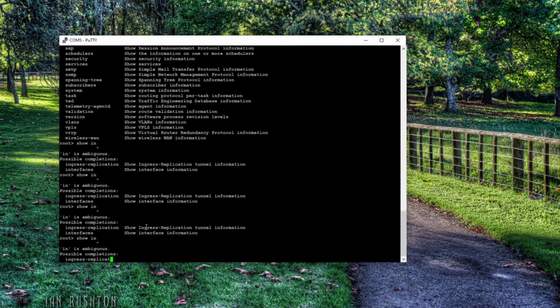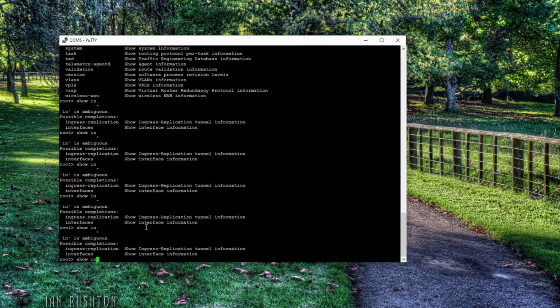So if you hit the space bar, it can't autocomplete it until you give it an unambiguous option. So if I hit the letter G and I hit the space bar, well, it can autocomplete it now because the only other option is INT, and that's not an option to autocomplete the letters ING. Same thing if I put a letter T there. Now this is very specific, it's unambiguous, there's no other option, and now if I hit the spacebar, it'll autocomplete